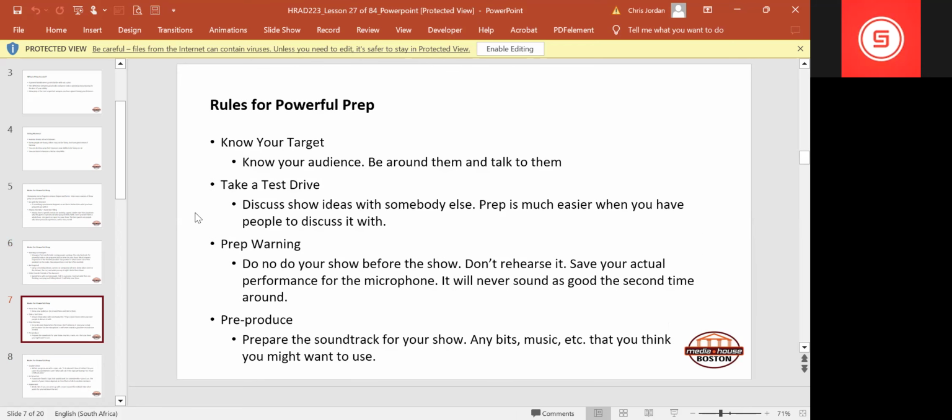Okay, know your target, so know your audience, be around them and talk to them so that you can talk about things that are important to them. And take a test drive: discuss show ideas with somebody else. Prep is much easier, and for me personally I do believe this is important, when you're not fully bought into your own idea, right?